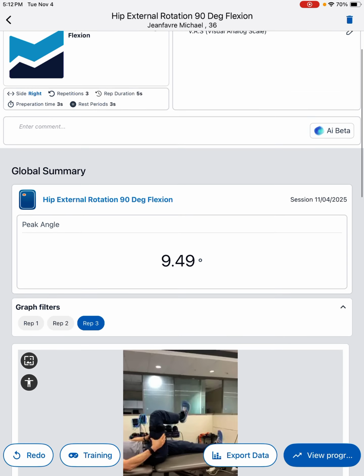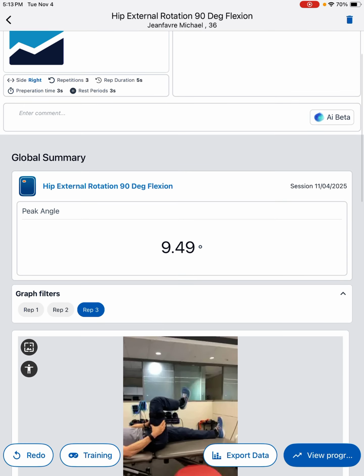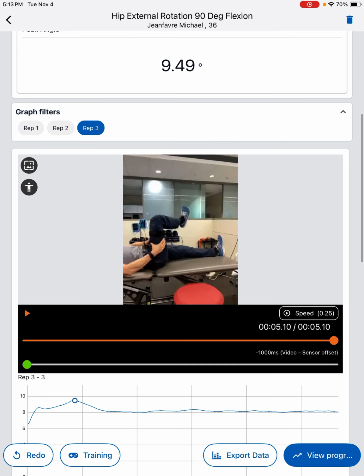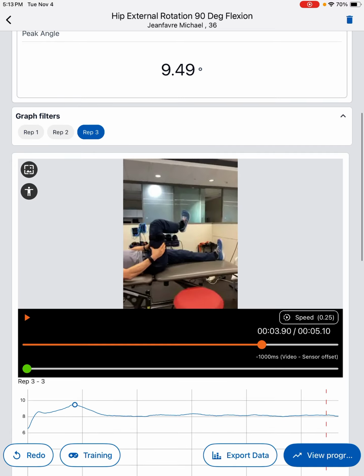So I'm having difficulty constructing this custom test. Specifically, I need to look at hip internal and external rotation at 90 degrees of flexion. I've tried it in multiple different scenarios or options. You can see here from the video that I took while I performed the test that